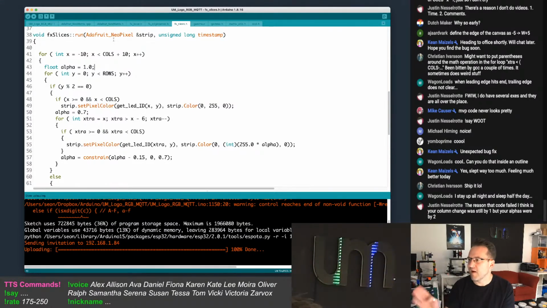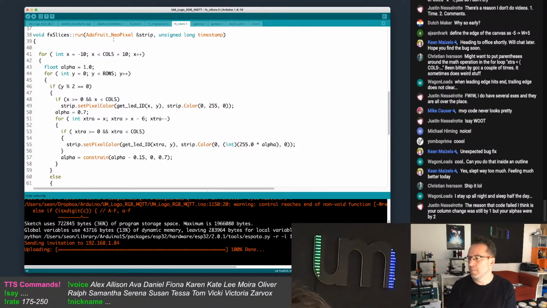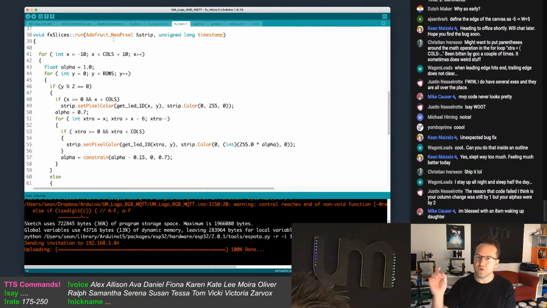But I really want to get my fading working properly, so I can just do like an RGB rainbow index. Like I want to be able to do a rainbow down the side, but I need to individually change the alpha of each color. I'm pretty sure I've seen a function that if I give it the uint32 color, it'll give me back 3 individual colors, for the RGB. If I can do that, then I can do it.